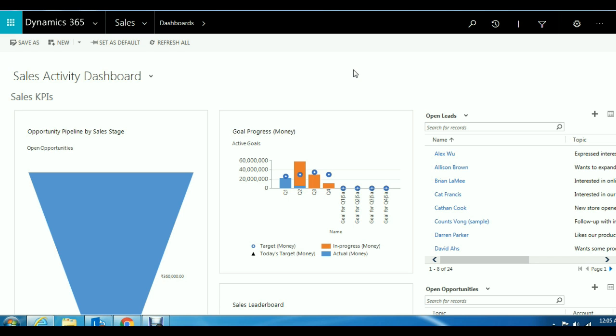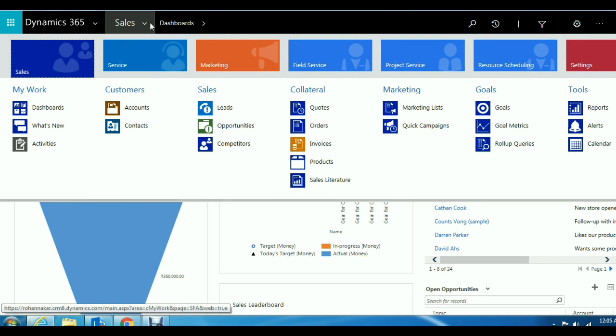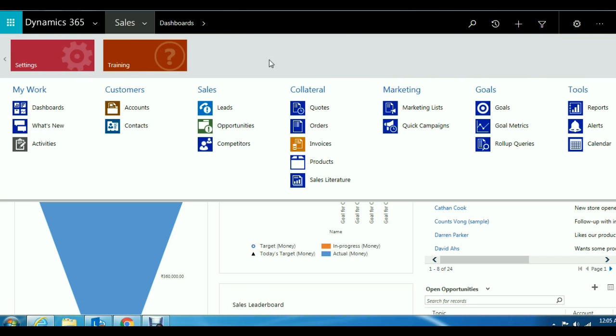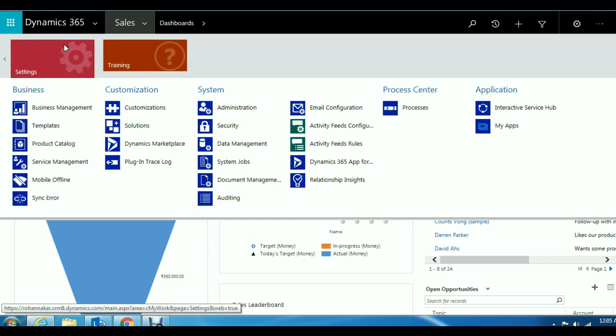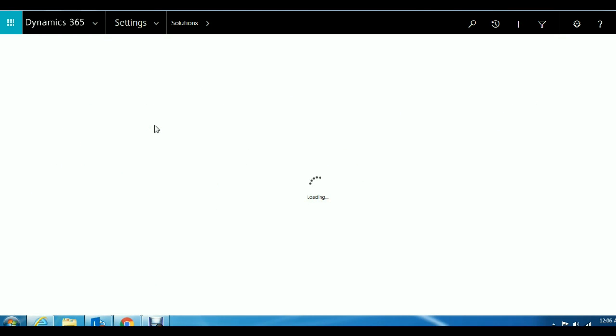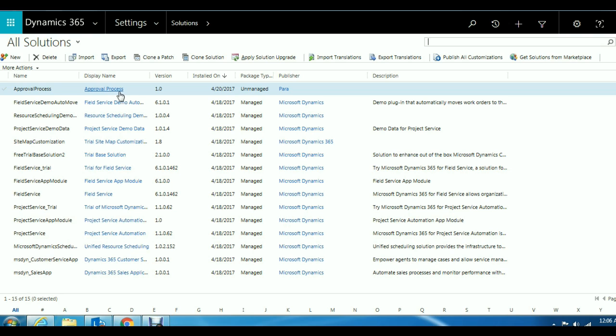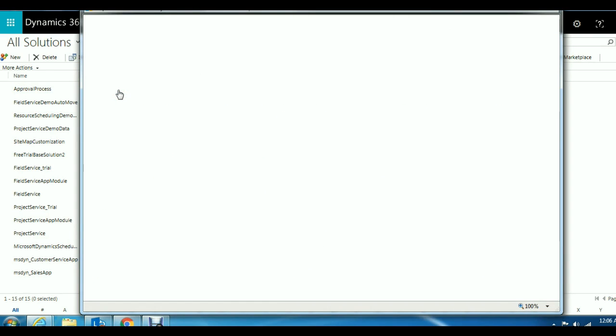Here I have logged in as a different user named Ron who has an access to the customization section. Let's move to the setting and customization. Okay, we will proceed to the solution which we have specifically created for this approval process. So it will be simple for us to identify the custom steps or all the customizations which have been performed. We will open the approval process solution